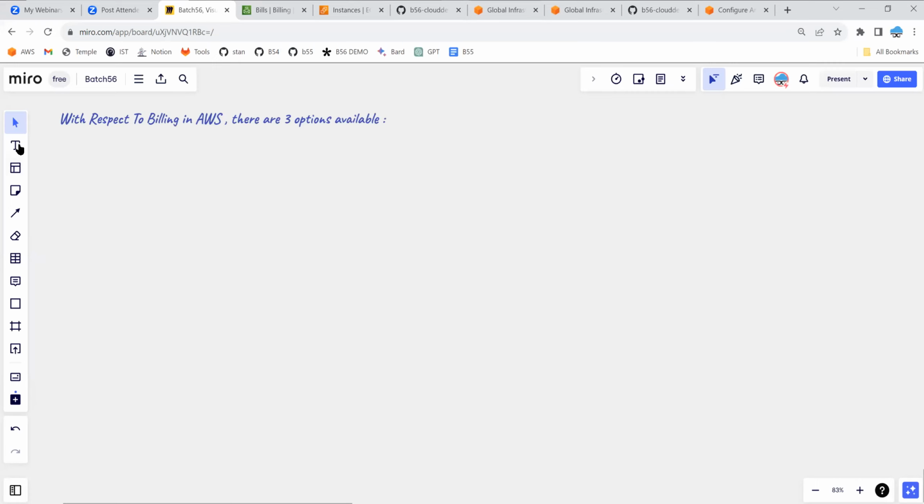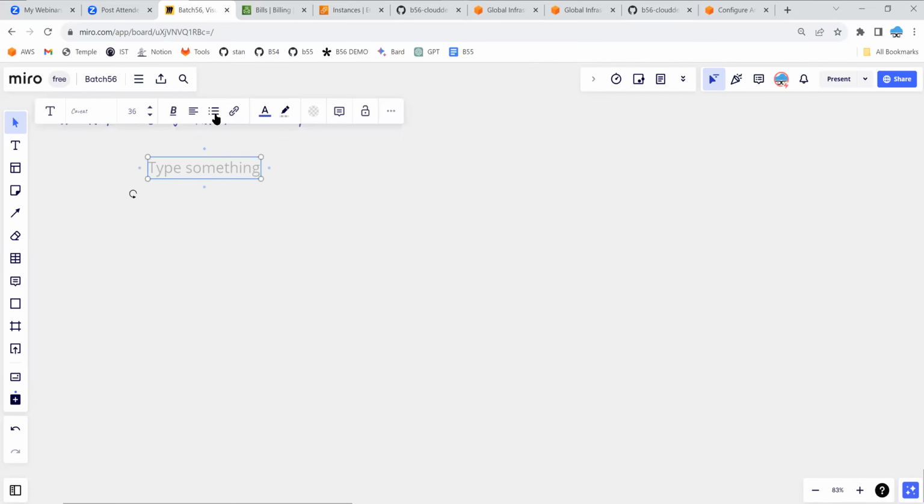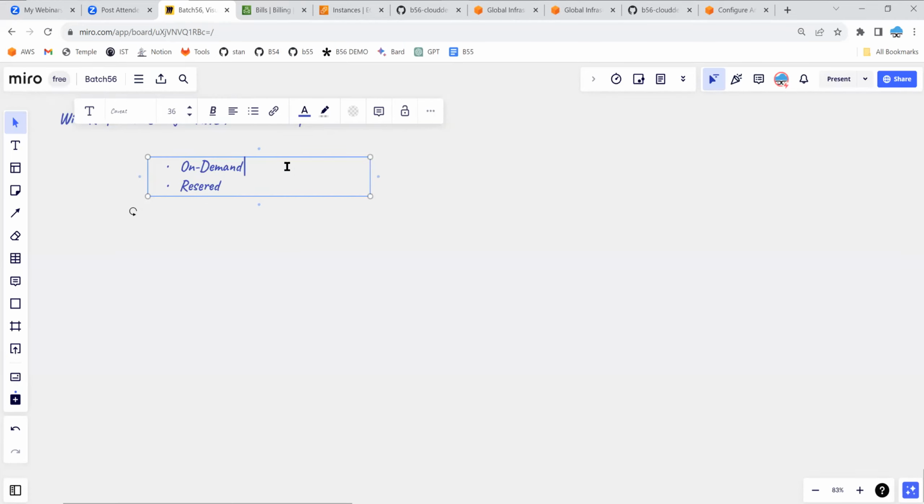The first option is on demand, which is the costliest option. Second, reserved option. Let's call it an on demand instance. Next thing is